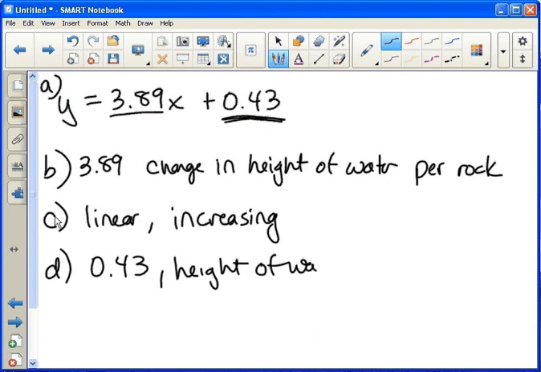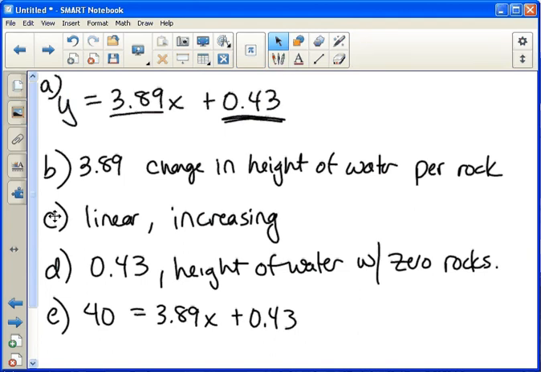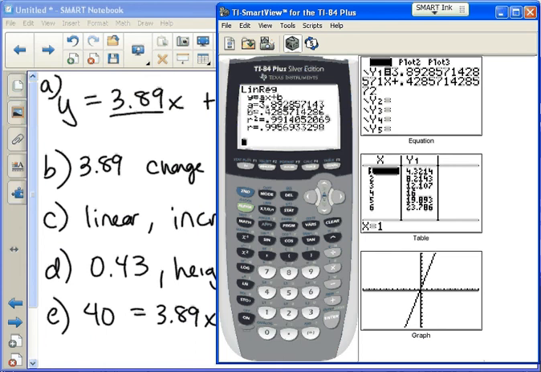And then part E, using your equation from part A, determine the number of rocks needed to bring the water level to 40 centimeters. So looking back at part A, the number of rocks represents x, and the water level is 40. So you put in 40 for y, and then solve for x. So I'm just going to do that part in my calculator. I'll do 40 minus 0.43 and then divide by 3.89, and that should give me my answer, which is about